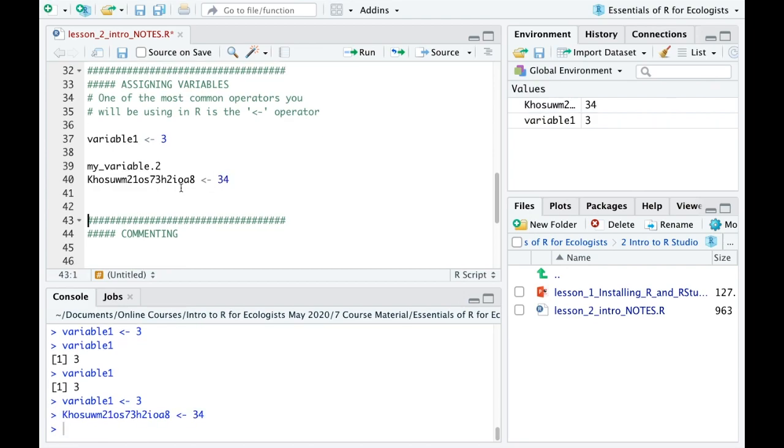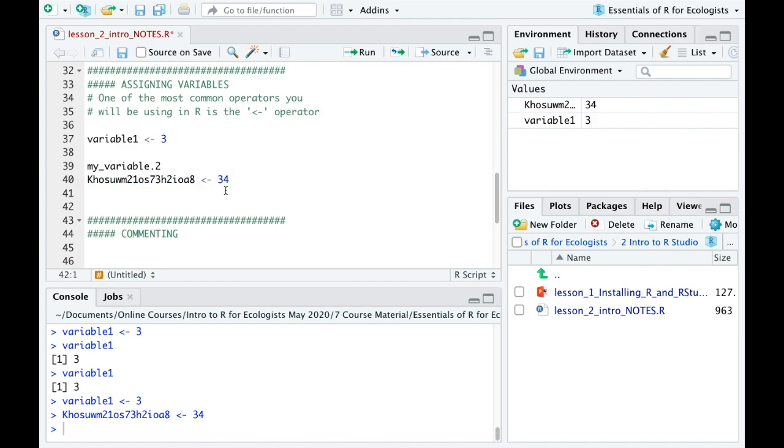Of course, you want variable names to make sense, so this probably is a terrible variable name. There are certain best practices when naming variables, and I'll go over that more over time. But for now, just know that you can create your own variable names and store values in them.